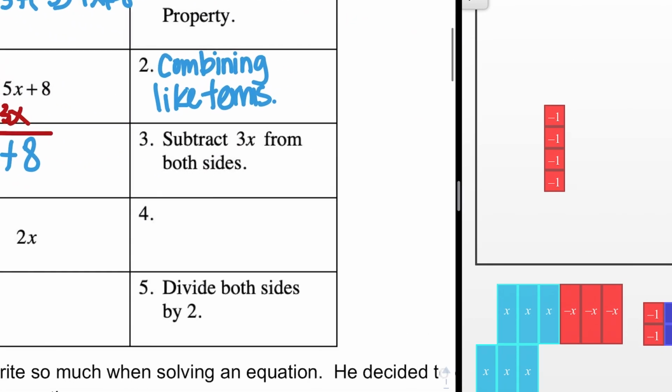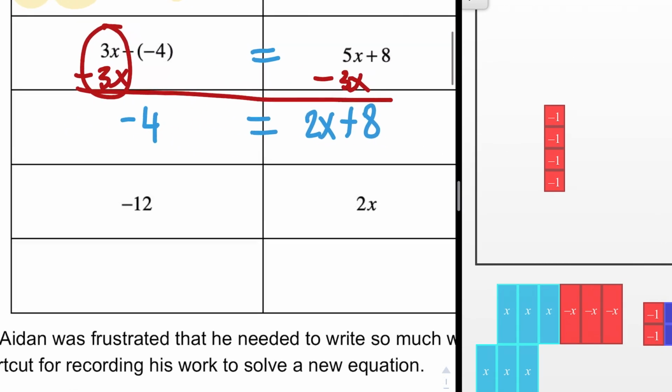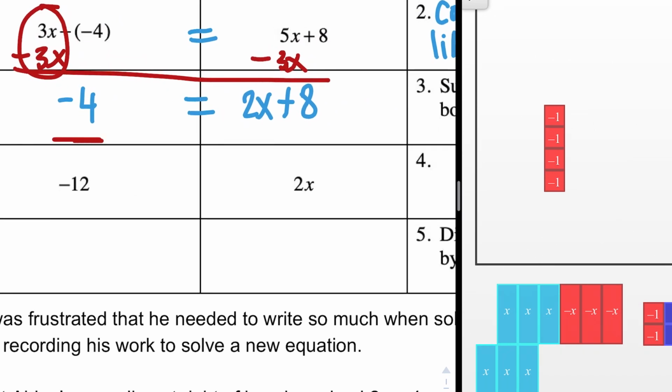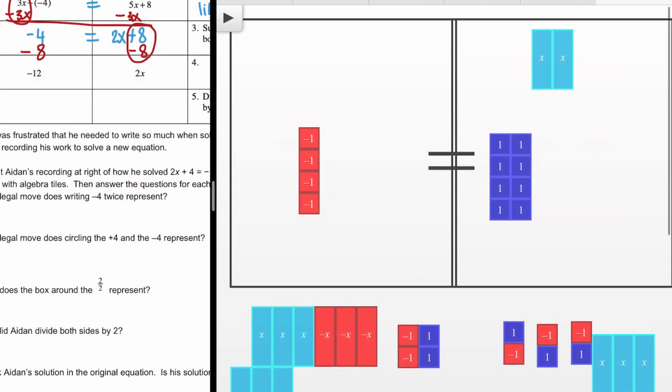Now the next step is unknown to us, so we have to figure it out ourselves, but it looks like the 4 got bigger, or smaller, into negative 12, and then the 8 disappeared from here. So in order for 8 to disappear, that means that we may have made a 0 on that side. So if we make a 0, we need to bring in the same amount of 8s, but opposites. So we need to bring in 8 negatives on the right side. If I bring in 8 negatives on the right side, I bring in 8 negatives on the left side, which gives me